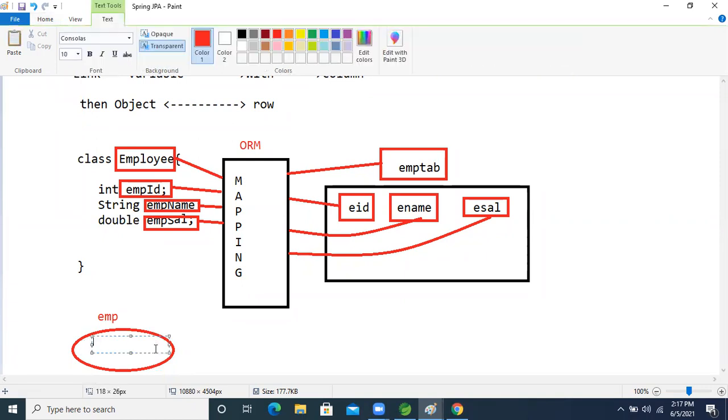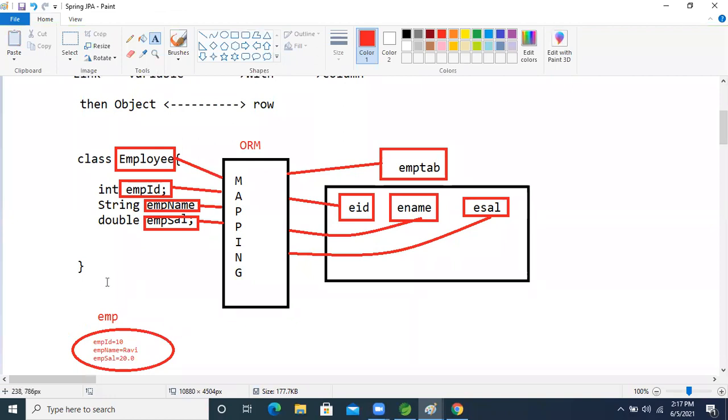Emp id is there, just 10, right? Another one is emp name, my name only I'm taking, Ravi. And emp cell, just 20.2 like this, I'm giving.